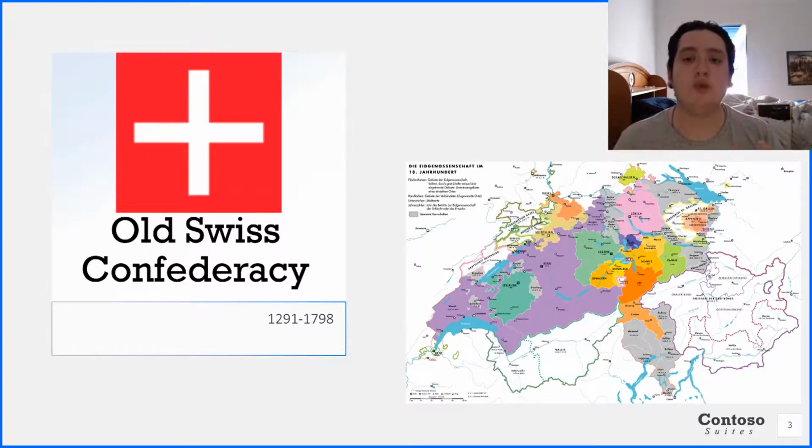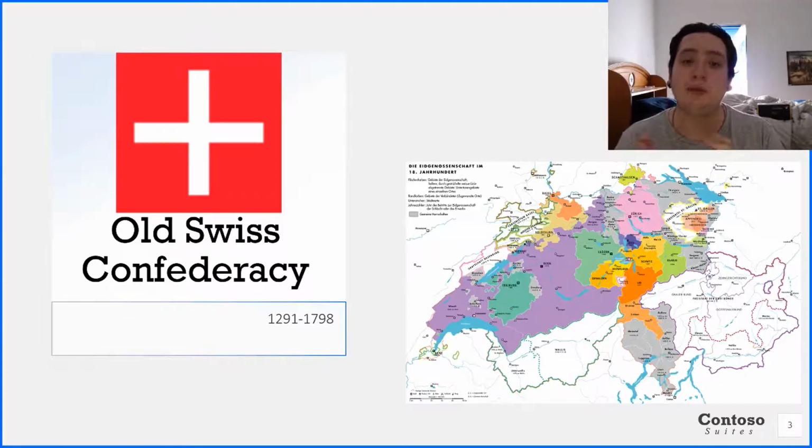This formed a rare union of rural and urban communes, all of which enjoyed imperial immediacy in the Holy Roman Empire. This confederation of 8 cantons was politically and militarily successful for more than a century, culminating in the Burgundy Wars of the 1470s, which established it as a power in the complicated political landscape dominated by France and the Habsburgs. Its success resulted in the addition of more confederates, increasing the number of cantons to 13 by 1513.